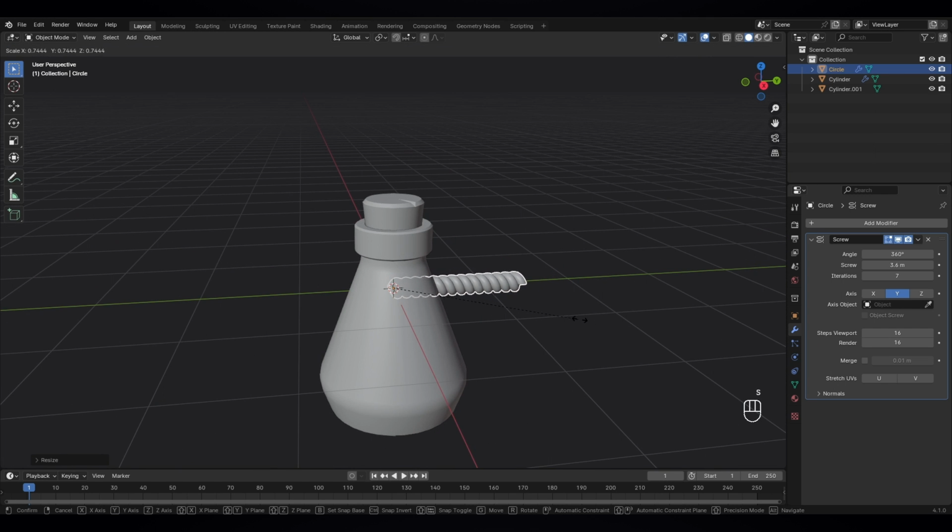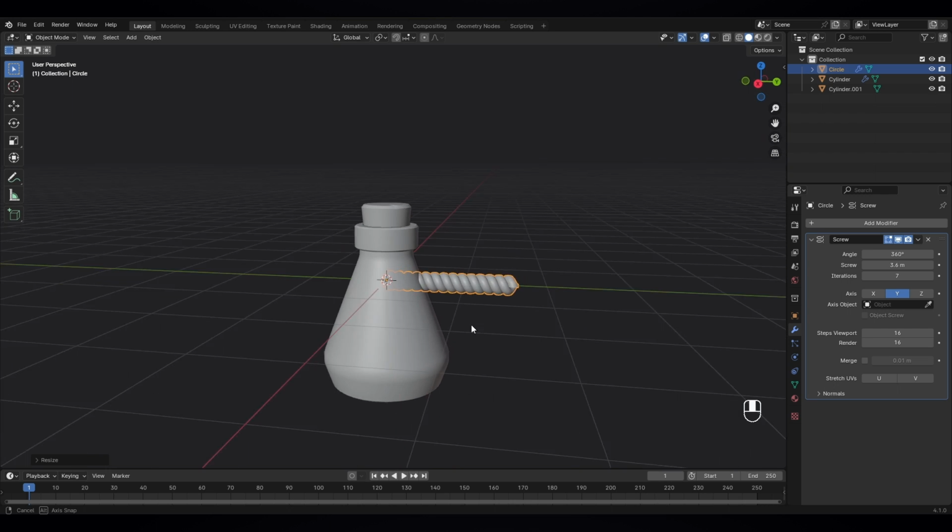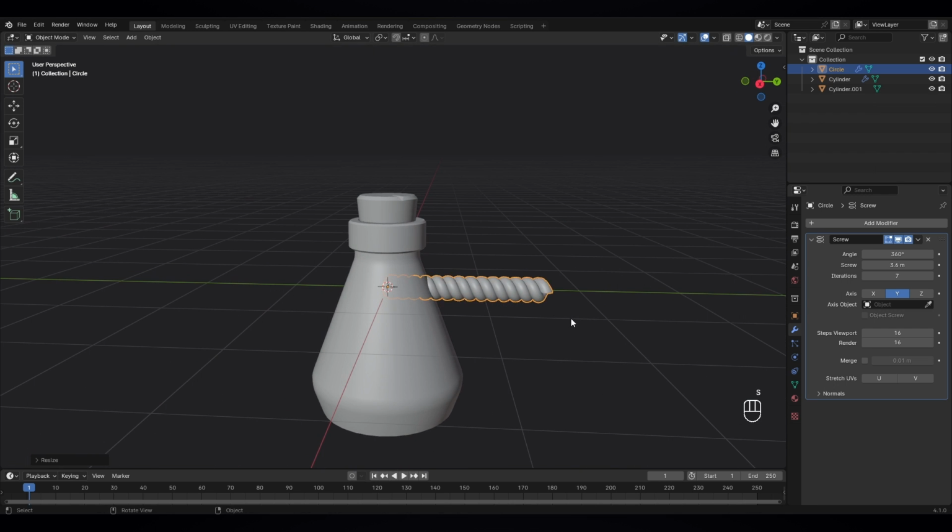Something like this. Oh, looks okay. Now Ctrl A to apply. Oh, don't apply scale. Okay, now next thing, we need another